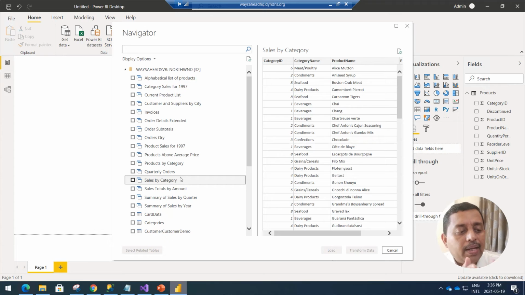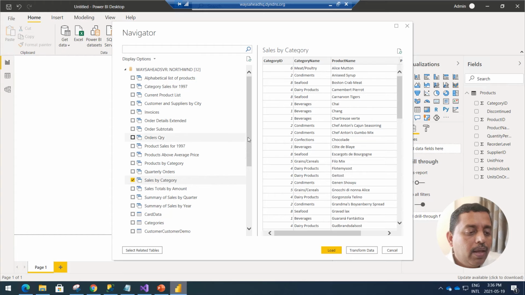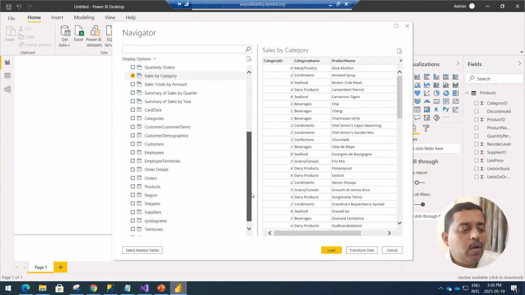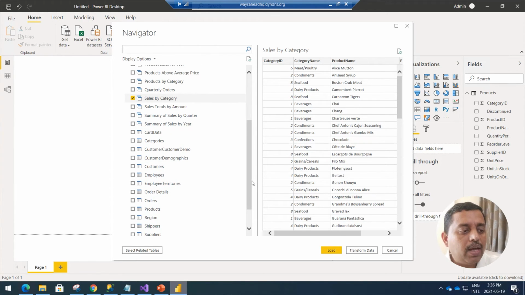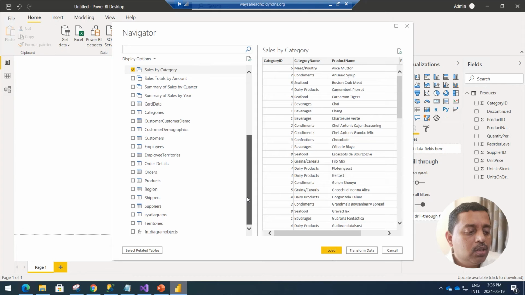But this sales by category is actually fixed. I mean, you cannot make any changes over here. Whatever is there, you can just select and then get this data. This is absolutely possible. And if you go down, then you have the tables. So you see there's a difference between the icons for the tables and for the views.